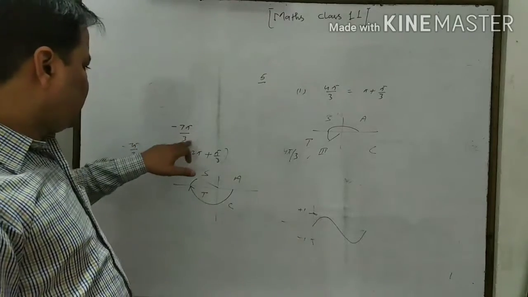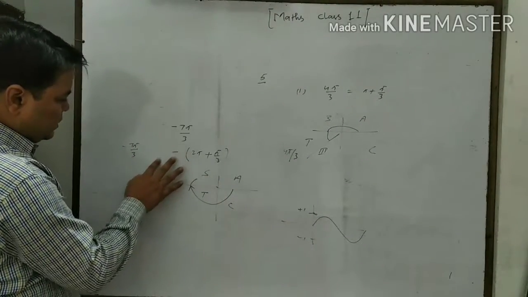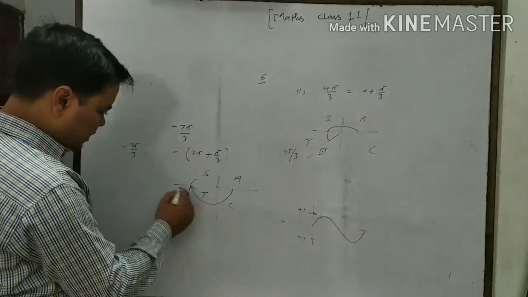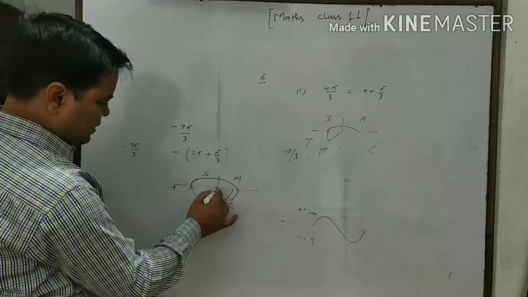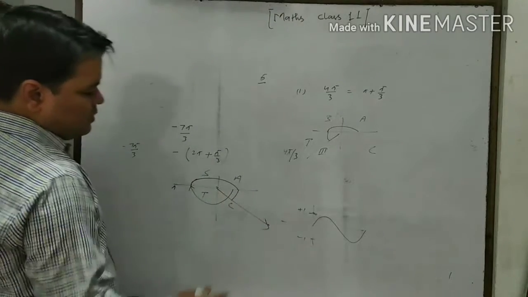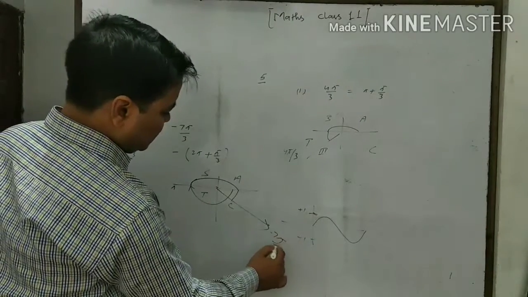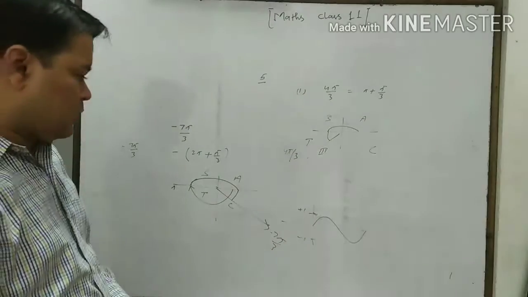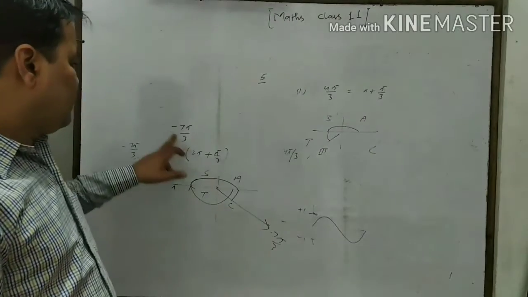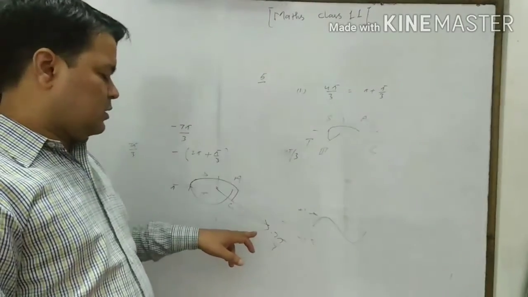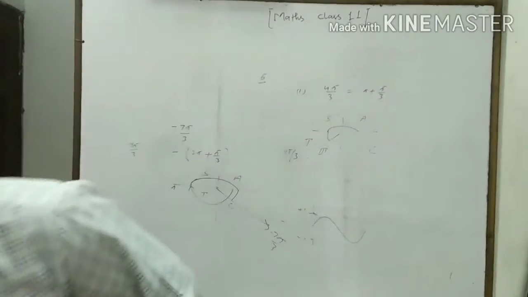Then here, minus 7 pi by 3 is what? 2 pi. It's not right. Here this is pi and here it will be 2 pi, and after that, minus 7 pi by 3 lies in the fourth quadrant, and in the fourth quadrant only cos and sec are positive and others are negative. Therefore for minus 7 pi by 3, the trigonometric functions cos and sec are positive and others are negative.